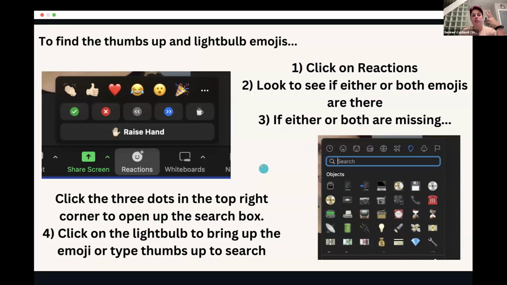Okay, so you're going to need 2 different reactions throughout the rest of the presentation. You're going to need to use the thumbs up, and you're also going to need to use the light bulb emojis. So if you are unable to find them, I've put some directions here to help, making sure everybody has access. So first, you're going to click on this reactions button on your screen, like where you see the chat. So if you click on reactions, some of them come up automatically. I don't know if yours will come up the same ones that come up for me. But you're going to look to see if your thumbs up is there, so you know where to find it,